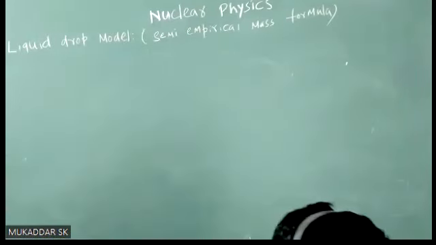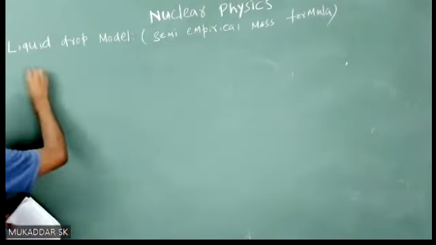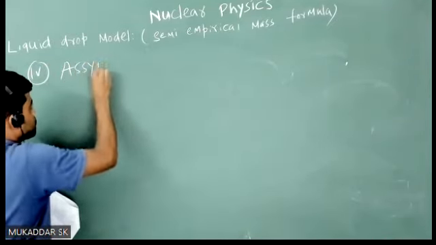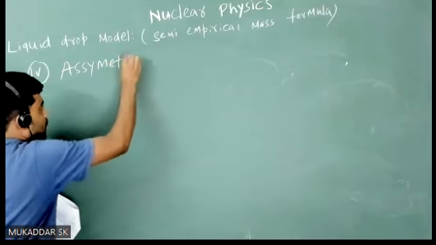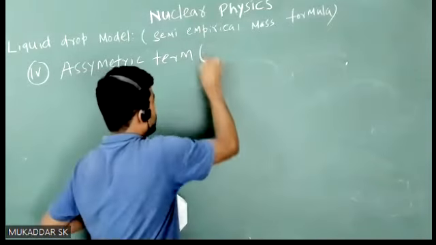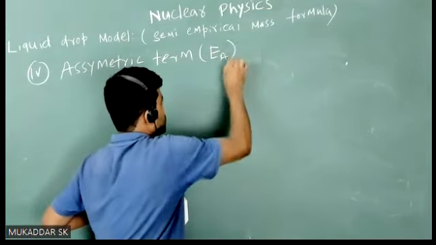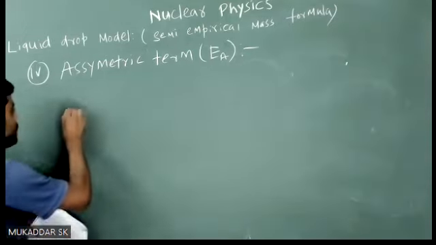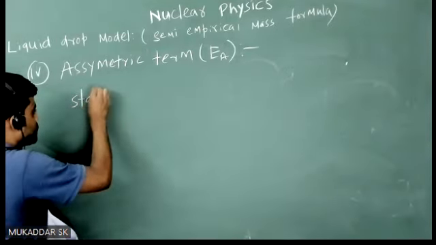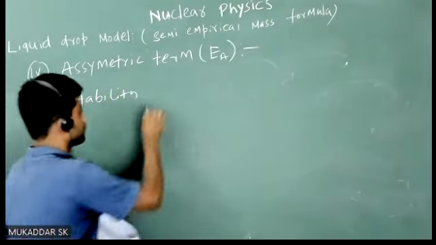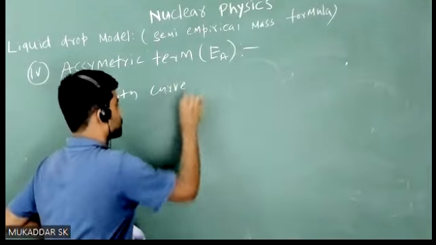So the fourth term is the asymmetric term, basically denoted by E subscript A. The concept behind it is that if you see the stability curve of nuclei or isotopes,